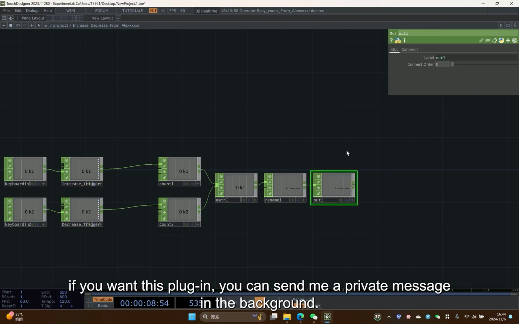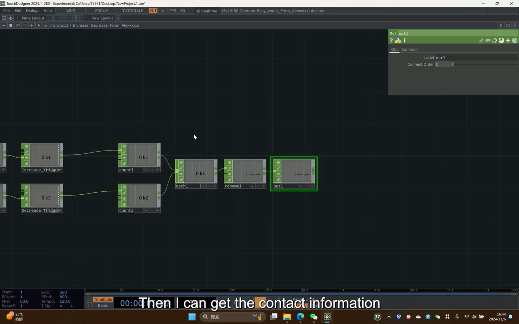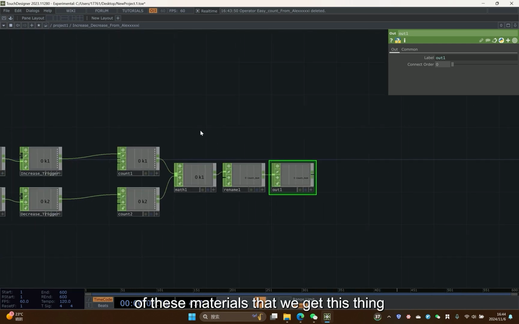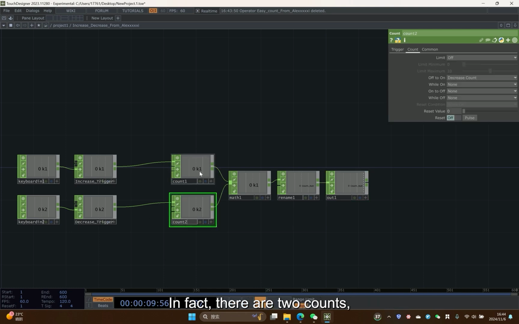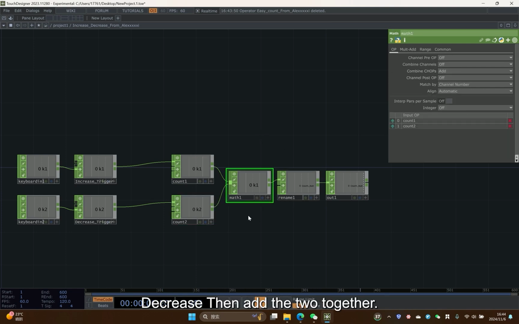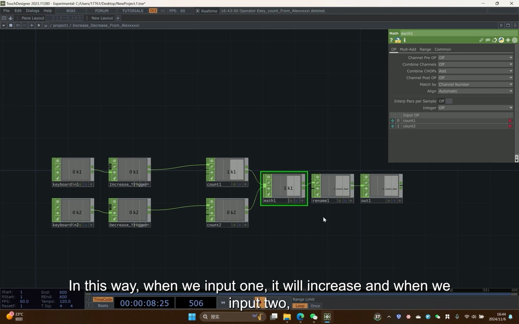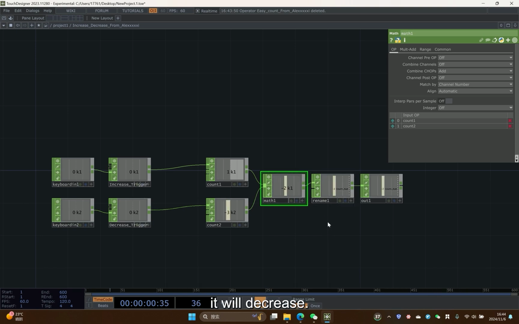If you want this plugin, you can send me a private message in the background of these materials. Okay, then we can look at it. If you don't want to bother to get it, just look at it. In fact, there are 2 counts. In this way, when we input 1, it will increase, and when we input 2,